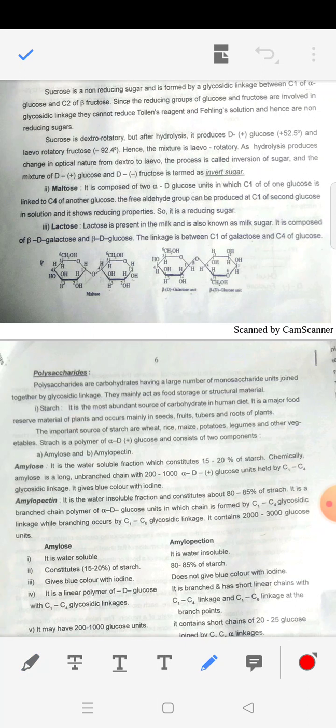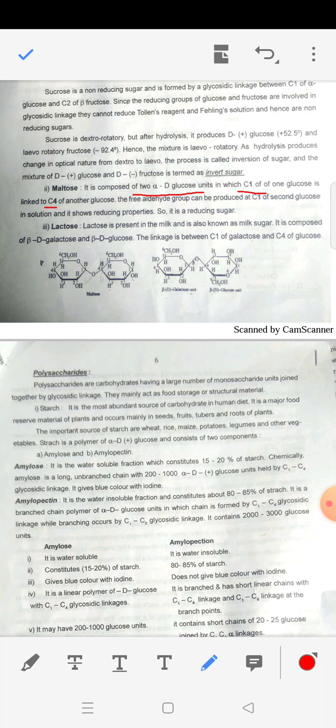But at which positions? Please remember, as I said, the monomers and the positions are important. C1 of one glucose is linked to C4 of the other. C1, which contains the aldehyde group in one of the carbohydrate molecules, is involved in glycosidic linkage, but C1 of the other molecule is free, because the C4 of the other is involved in glycosidic linkage formation. Therefore, maltose will be a reducing sugar. That means it will be capable of reducing Tollens reagent and Fehling solution.